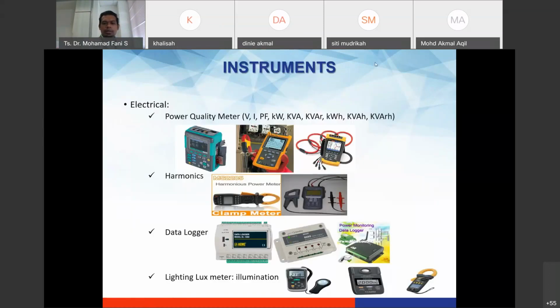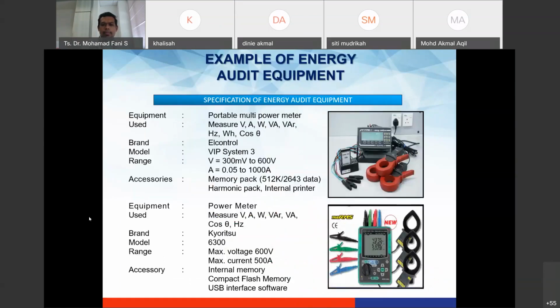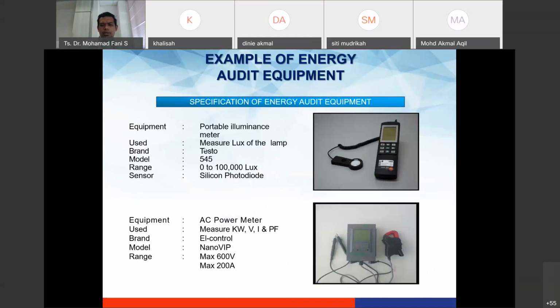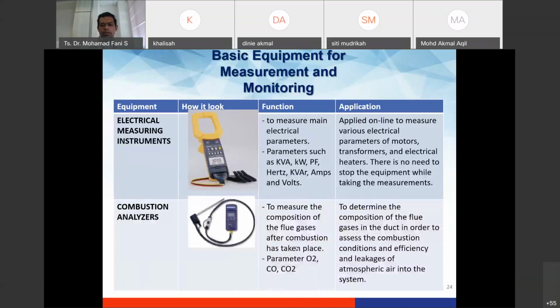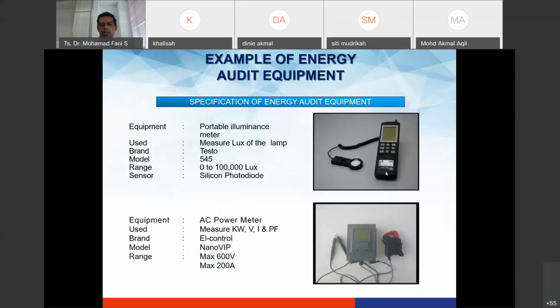For example, here this is the power meter. This one now, I said just now, 40K the price. And harmonic, data logger, lux measuring. This one is for the lux, power meter, power measurement. This one we use for the one-off to measure the power. This one, logger,